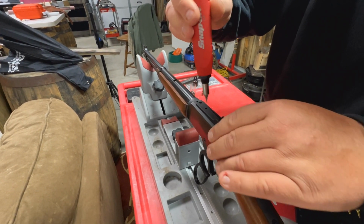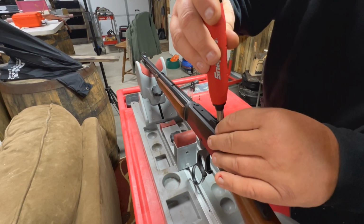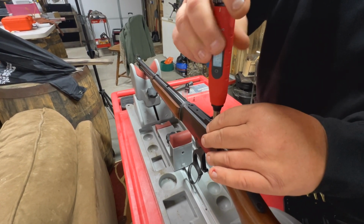I don't torque them down all the way. I get them both set, kind of like changing a tire. You don't go all the way around the circle. You just...